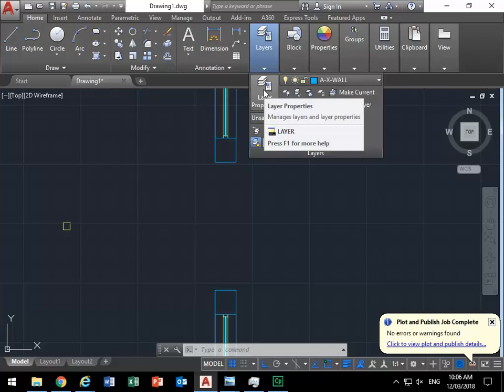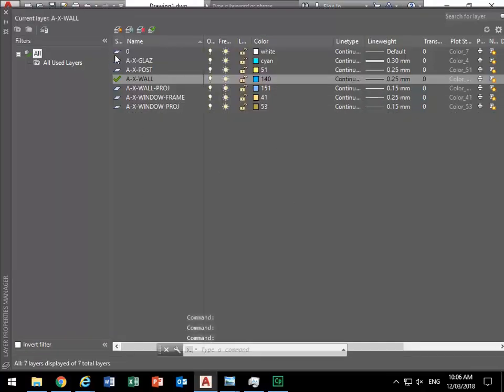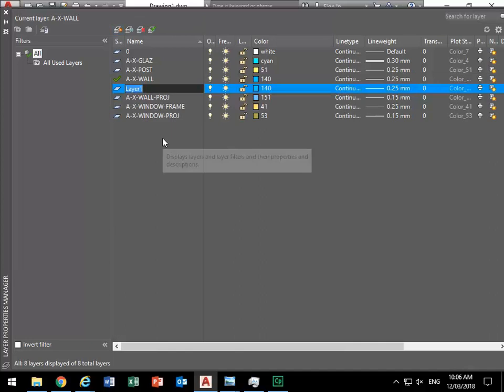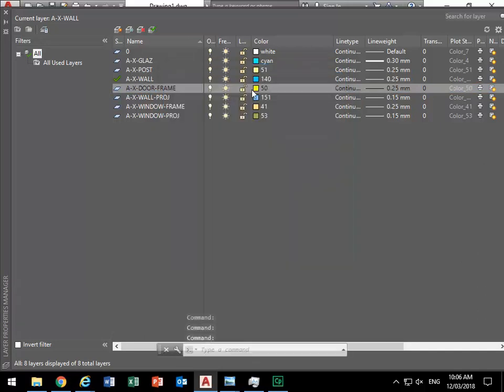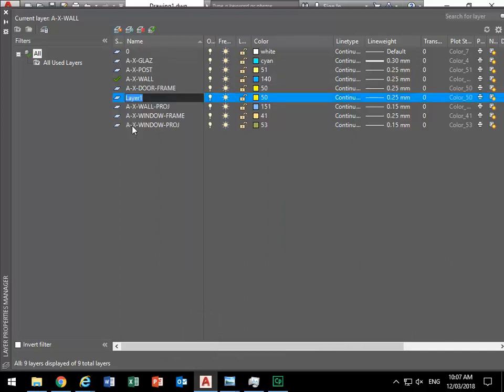Drawing the door here though, again, very simple. I'll make a layer for my door, and so again X for existing, and door, well, let's say door frame. You know, that's the cut part of the door again. So again, another yellow colour because it's timber. And then another layer for the door swing. So AX door swing,